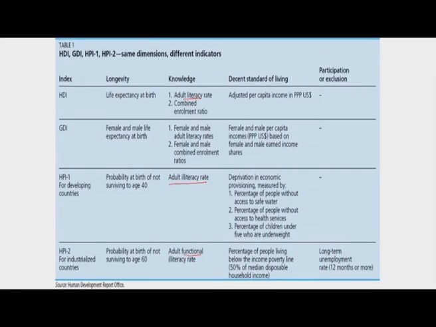So these are some of the important indices which were calculated in the successive HDRs starting from 1995. In the next class we will look at the computations of the GDI, HPI-1 and HPI-2. There was also the gender empowerment measure along with GDI, which tells us how much women are participating in political life, and because that has an important influence on what decisions are taken with respect to women in respective countries.